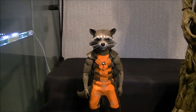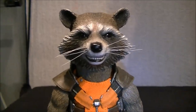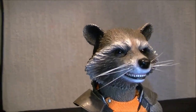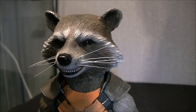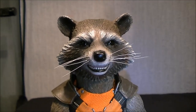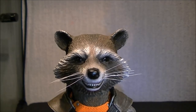As you can see as I move in, I've just got him in an upright position, pretty much in the line-up position. I can move in on the head sculpt. Now, I think in general they've done a really good job, or as good a job as they could have done using this material. And by that I mean, because it's sort of soft fur in real life, or that's what it's supposed to represent, but it's done in a hard sculpt, it's always going to come across looking a